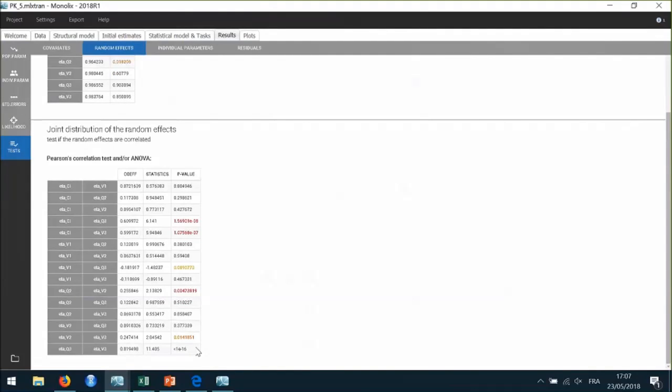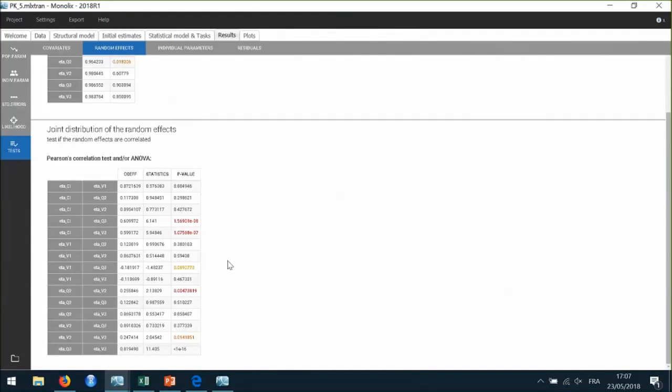And here you can see that the p-value for the significant correlation between Q3 and V3 is not colored anymore. This is because this correlation is now already taken into account in the model, so the model is in agreement with this information. But we still see the significant correlations that are not included in the model colored in red, which suggests that we can improve the statistical model.